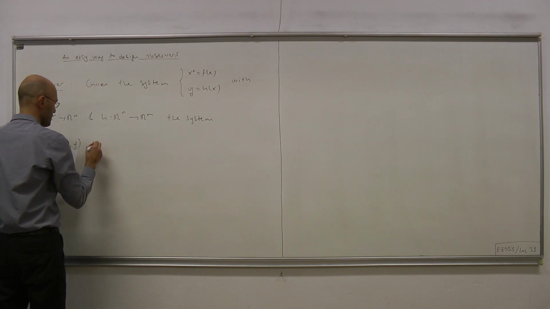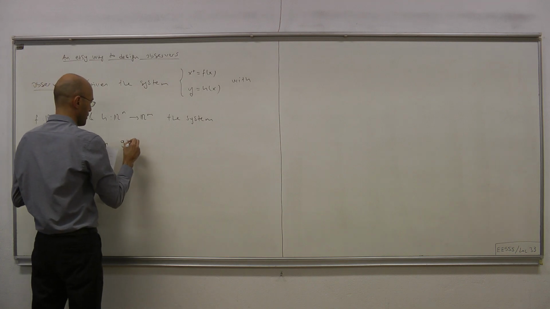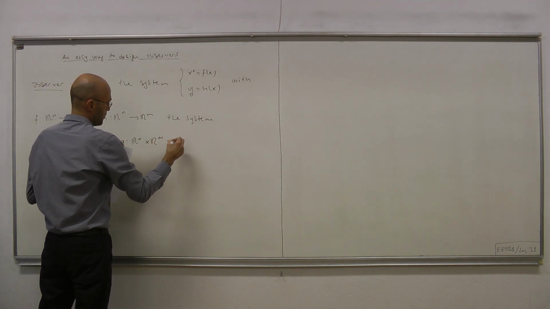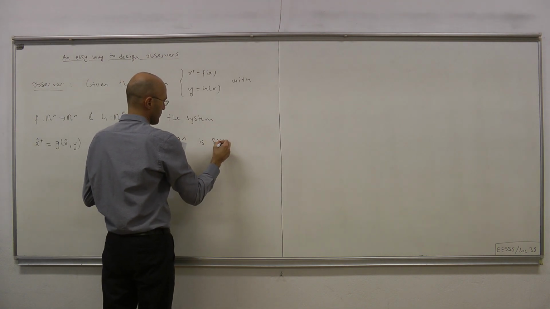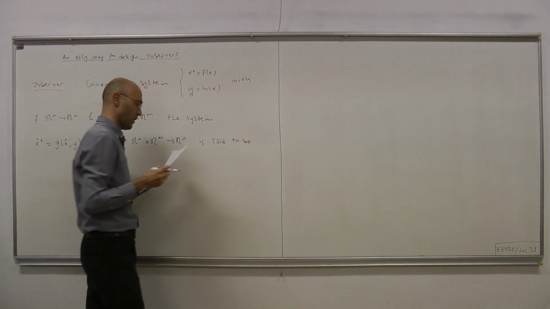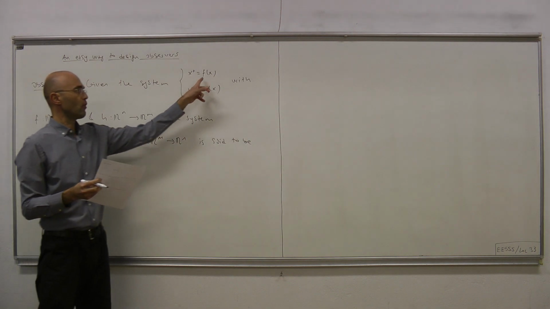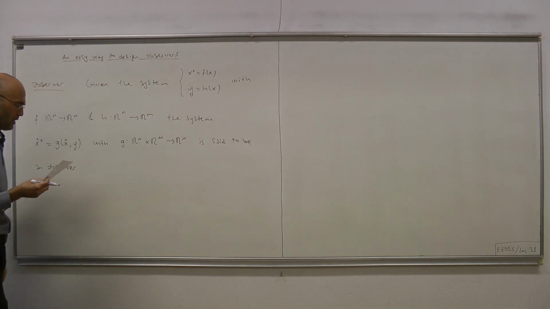Okay, with g a mapping of the sort R^n to R^n is said to be an observer for the system x plus equals f of x with output y equals h of x if